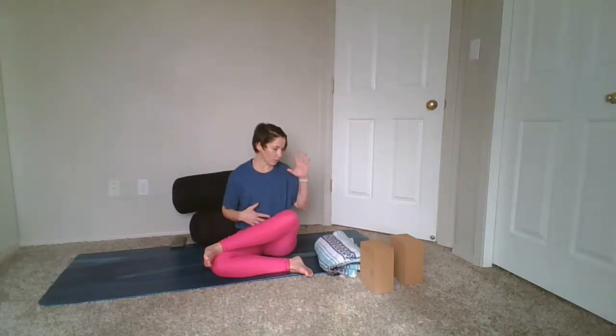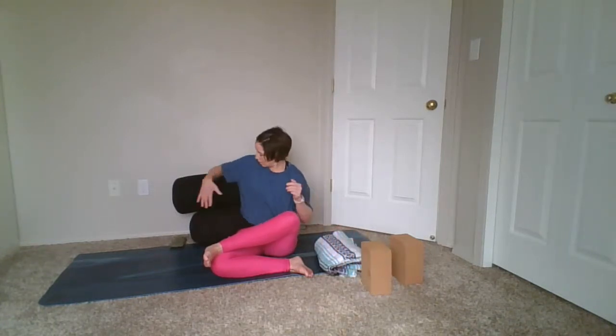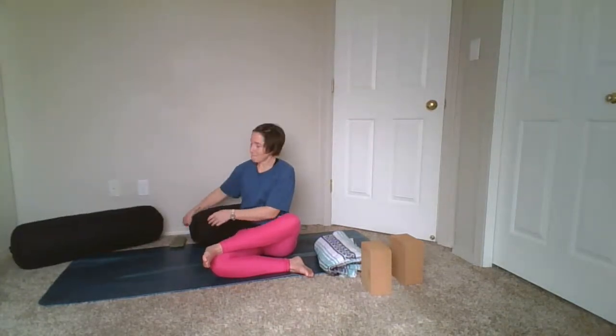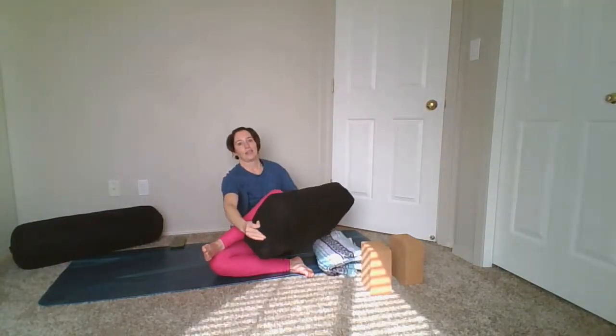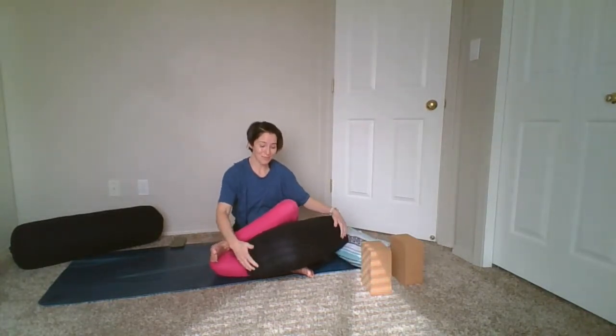So if I just take a general idea of what that shape is like, I already can tell that the block is not going to be enough for my body. So I'm going to opt in my large rectangular bolster. As you see, the thickness is quite nice. So I slide that in, yes, right between the ankle